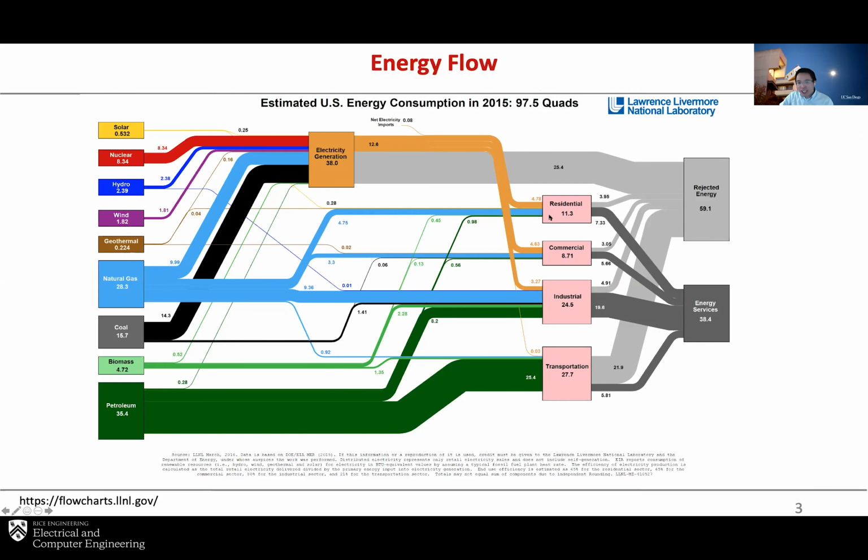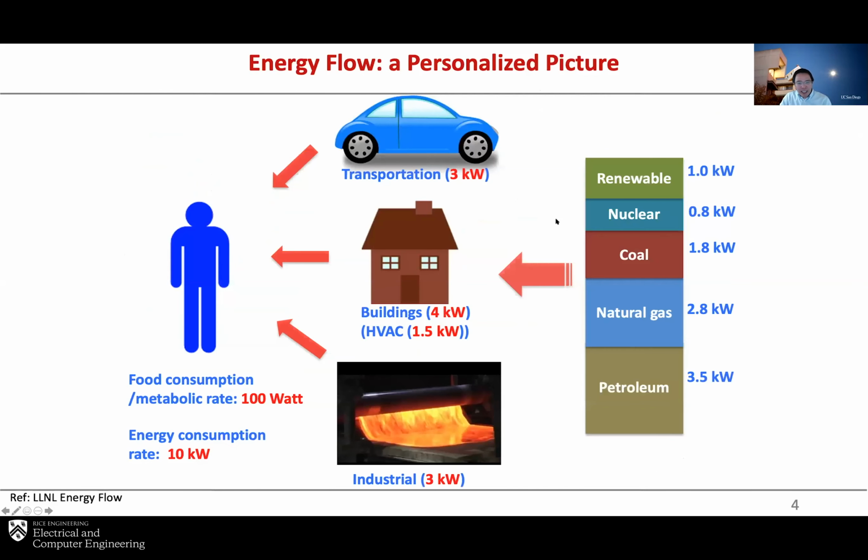On the other side of the equation is the consumption, which is mainly focused on a few sectors like residential and commercial buildings, industrial, and transportation. If you look at these numbers, it might feel too big, but I can convert it to a personal level that could be easier for us to appreciate. If you divide this amount of energy over the population of the United States, you'll find our energy consumption per unit time, which is power, is about 10 kilowatts. So we are constantly consuming 10 kilowatts of power. And again, this 10 kilowatts is distributed mainly among three sectors: transportation,